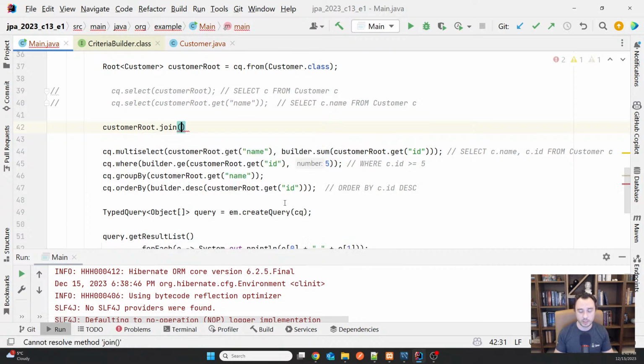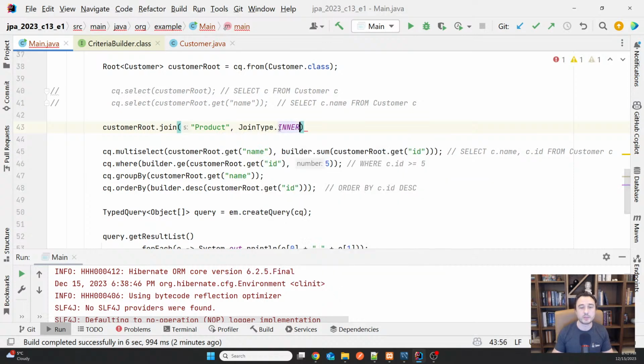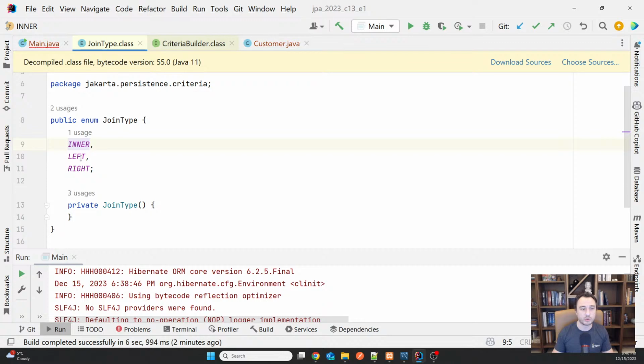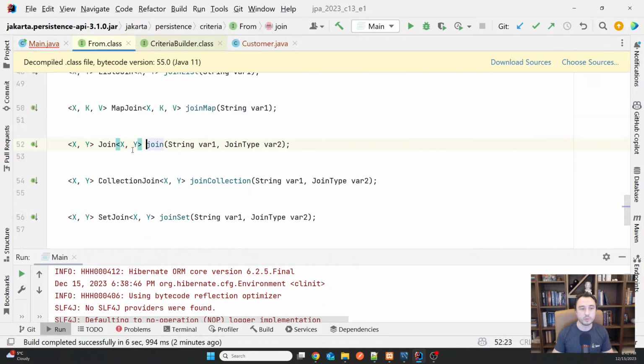So normally, if I would have had here something I can join with, I would say join with whatever this is, and then provide the join type here. If you don't specify it, so if you use the join with only one parameter, it will automatically be inner, but you can choose to use left or right joins, and this works exactly the way in which you used them